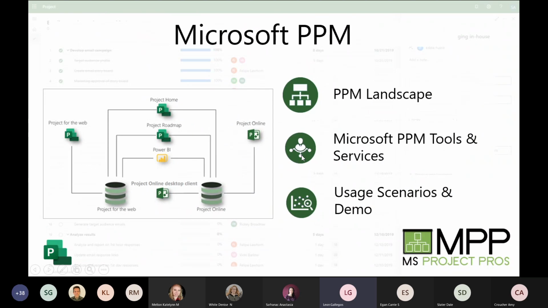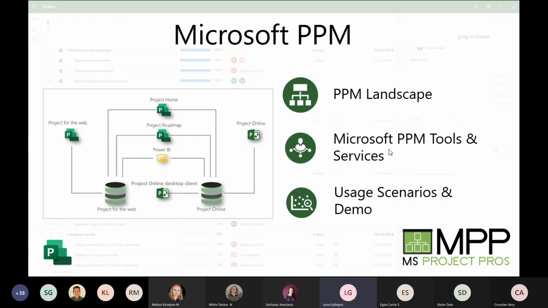For this presentation and walkthrough, we're going to focus on three primary areas. First, an overview of the landscape around Microsoft PPM: the different tools, what they're used for, and some use cases or usage scenarios for each of them.